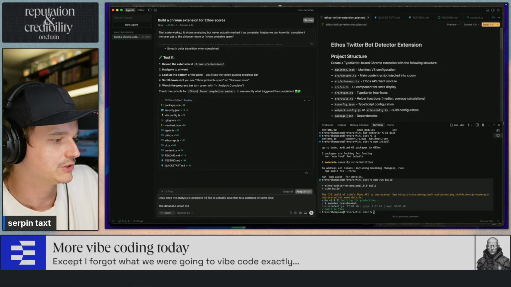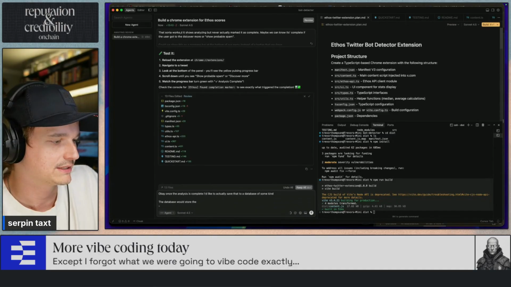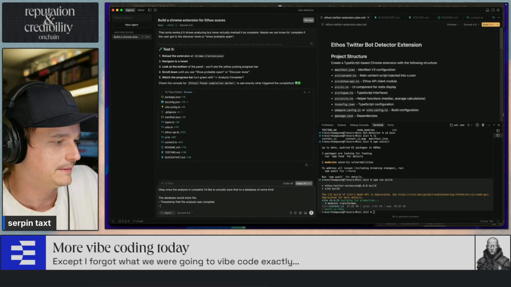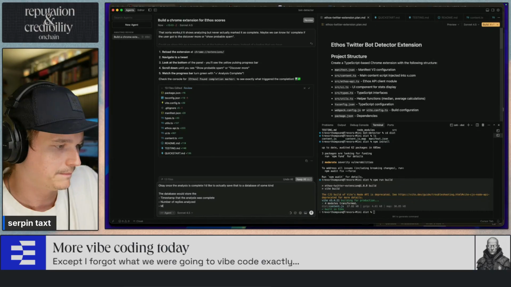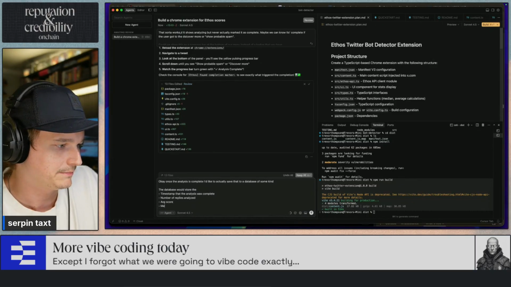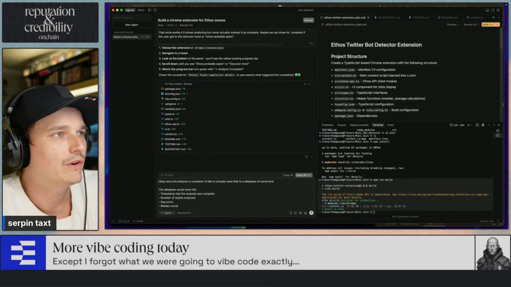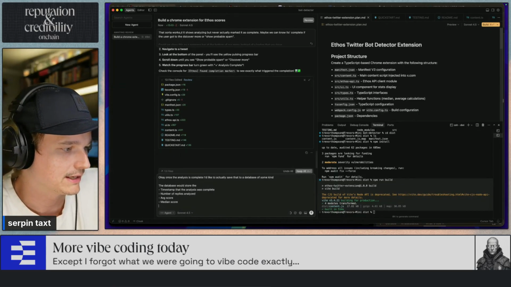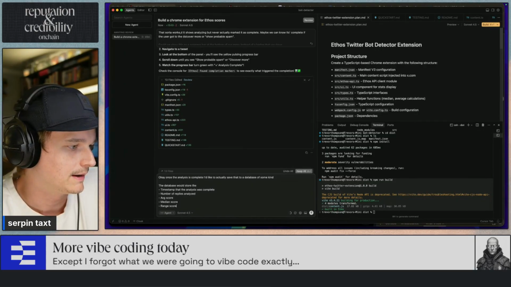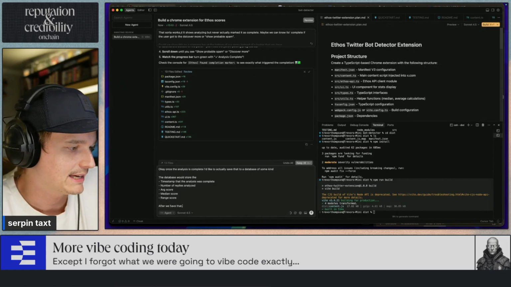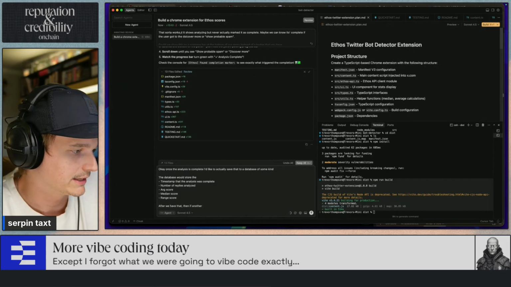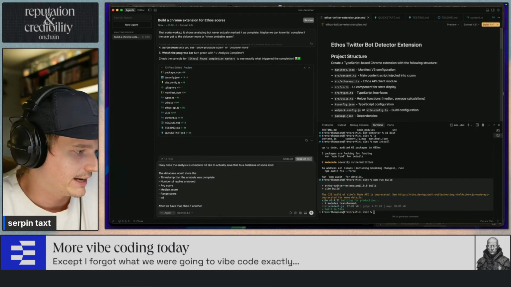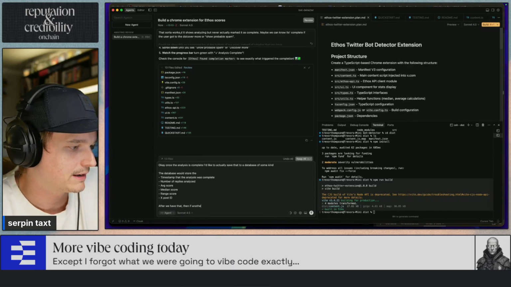The database would store, let's say, the timestamp that the analysis was complete, the number of replies analyzed, the average score and median score. We could save all of the people that had replied, but I don't think we really need to do that, and it'll be more performant this way. And then range score. After we have that, like the tweet ID or the X post ID, if another user